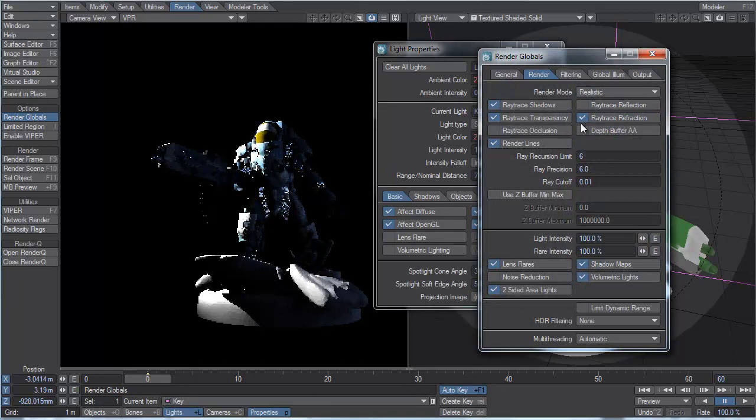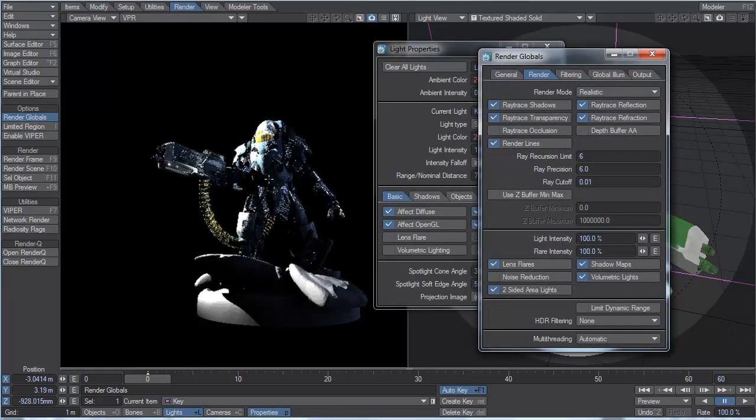Back to the render globals. Ray trace reflection turn back on. And that's starting to come along nicely. Okay. One thing we're really going to need for this turntable, you notice how this right hand side is kind